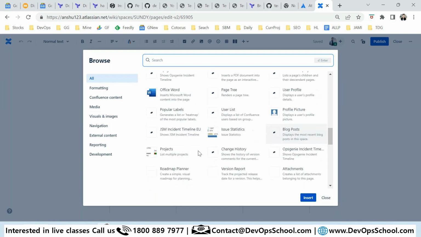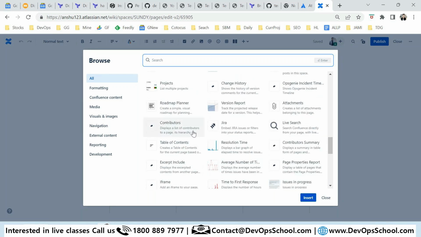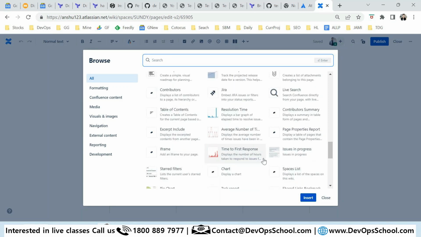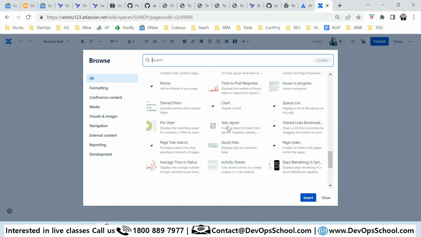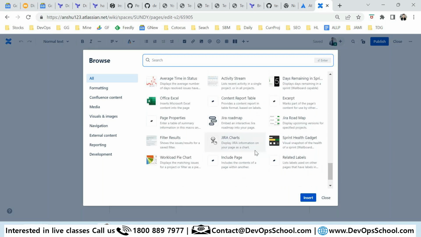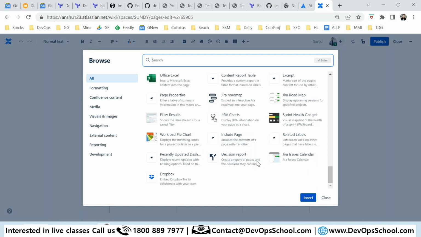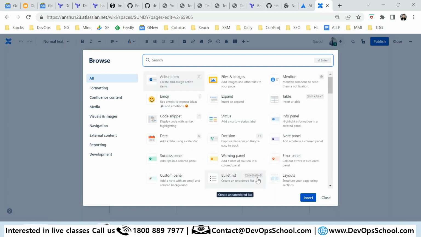See that here? Change history if you want to display on the pages, attachment I showed you, contributor if you want to display on the pages, okay. Space list if you want to display, chart you want to display, pie chart, task report, quick links, Jira if you have integrated the Jira you can display here all this Jira roadmap, Jira tickets and all. You can include other pages and dropouts. So lots of macros. These all macros are available,